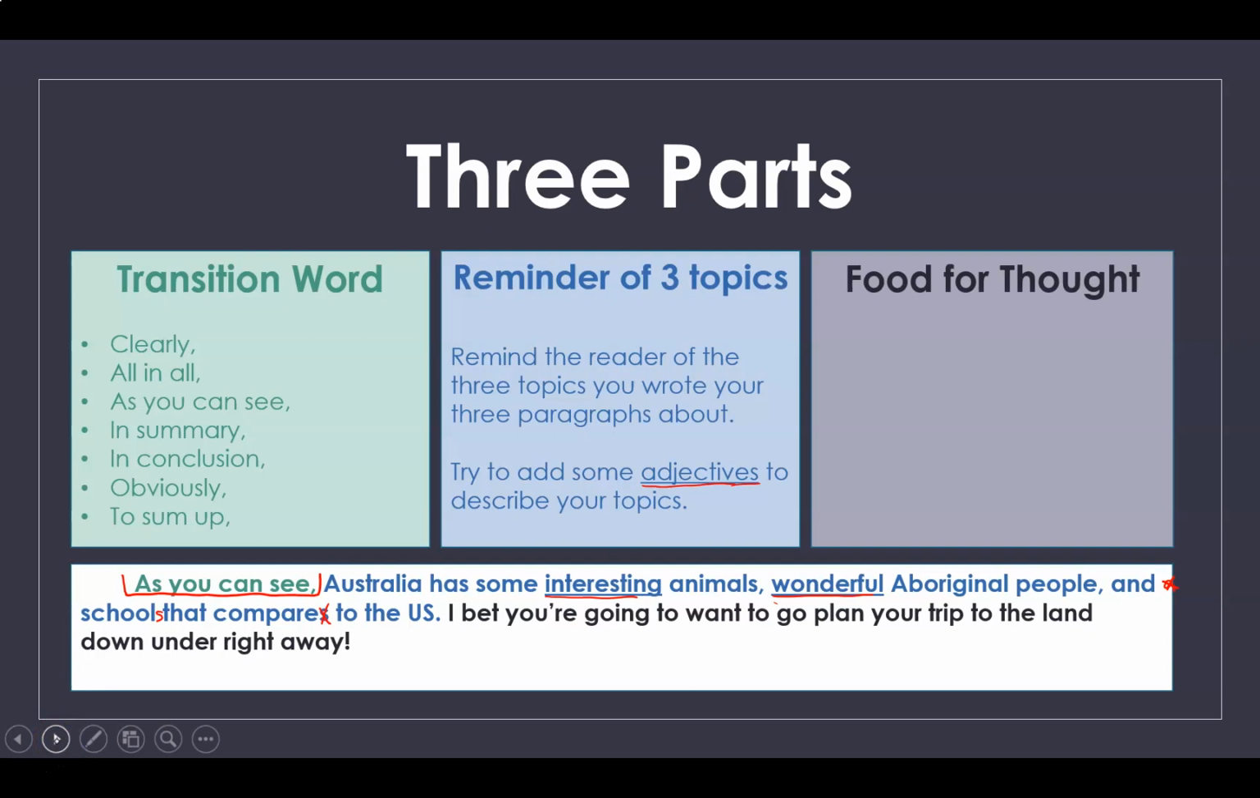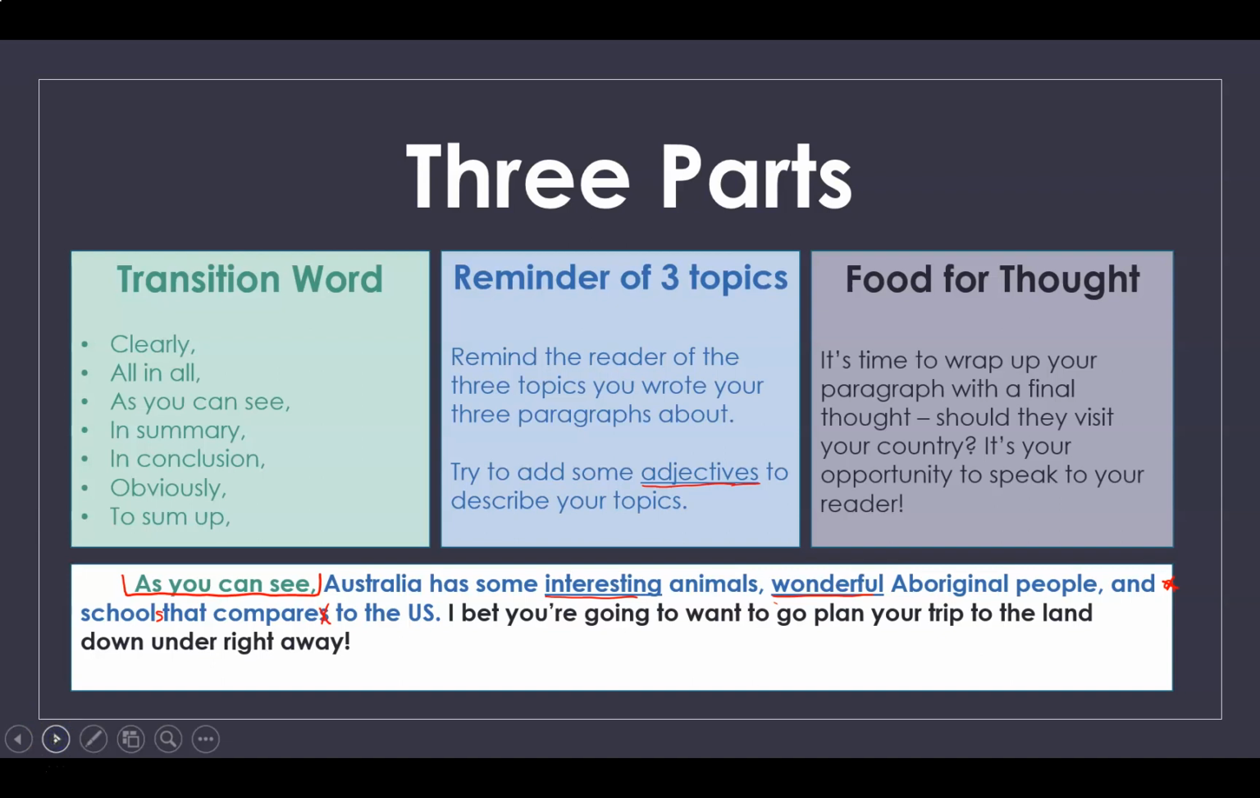The last thing that you need is kind of that food for thought. What we mean by that is you want your person to continue to be excited about your country, and so what's going to be the thing that you leave them with at the very end? So this says it's time to wrap up your paragraph with a final thought. Should they visit your country? It's basically your opportunity to speak to your reader. So I said, I bet you're going to want to go plan your trip to the land down under right